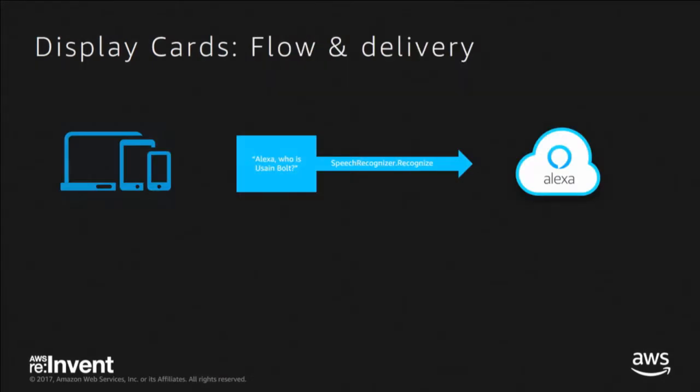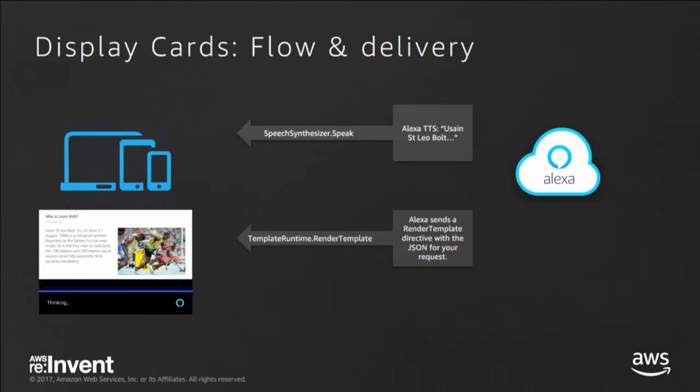All right. So we're going to go back to our sort of AVS 101, how it works. You're going to send up your speech recognizer event as usual, where you package up the audio of what the end user said. And here's where the magic happens. You're going to get 2 responses now instead of 1. On top, you'll see the standard speech synthesizer directive, which is the text-to-speech response that you would get. But in addition, you're also going to get now the template runtime directive, which contains the visual metadata that you